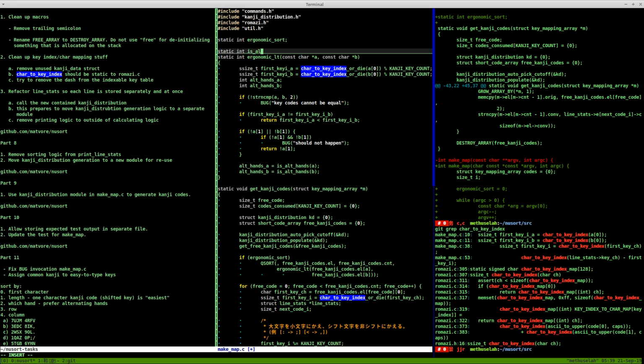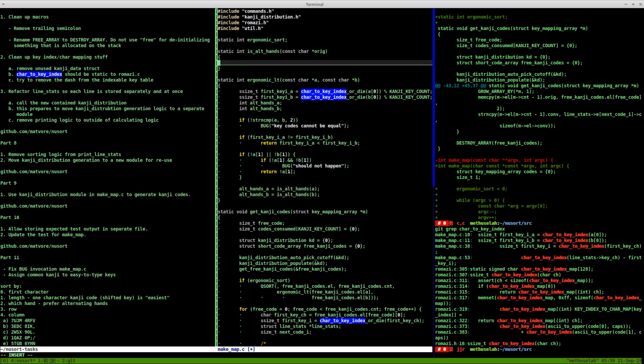Static int is alternating hands const char code, or maybe call it orig. No, yeah, I'll call it orig because that matches the naming convention. So if they're alternate hands, this return orig, or maybe we want to have like a hand function, right? We'll call it hand, the hand of some